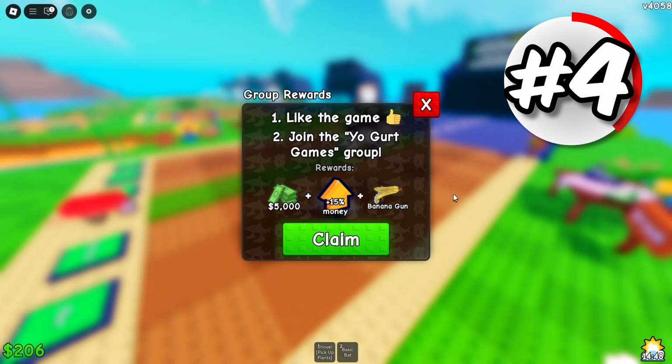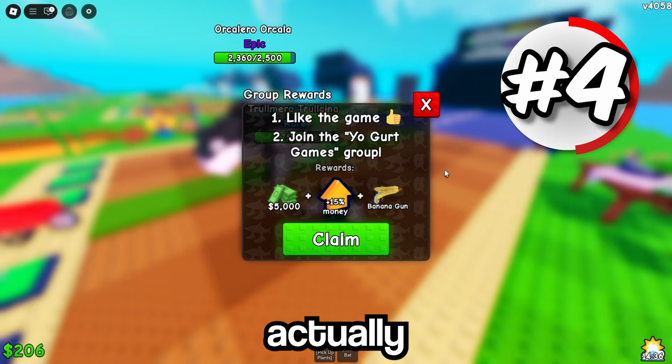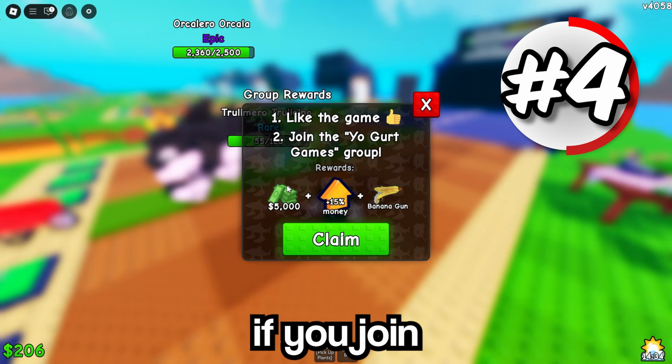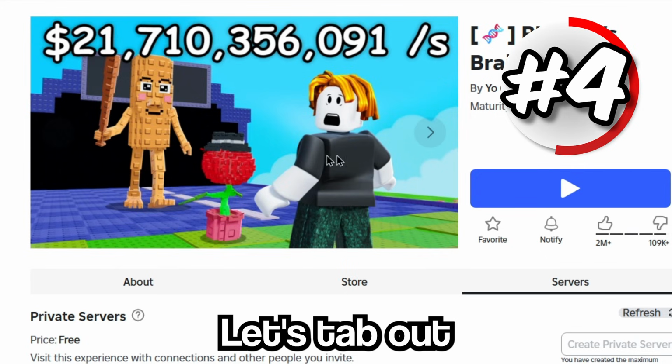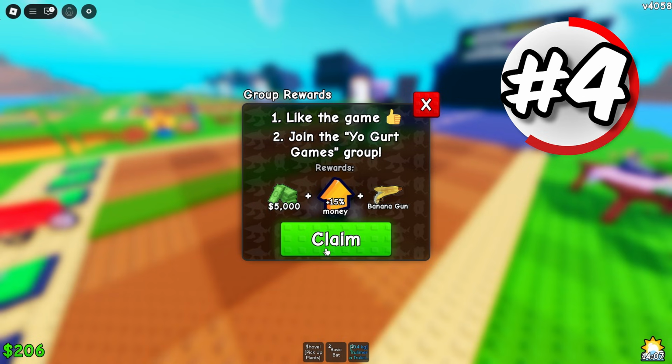So let's wait a few seconds to trick the game into thinking that we like the game and join the group, because there's actually no way of telling if you did or did not. I think, at least. Because apparently there's actually no way of the game being able to tell if you join the group or not. Let's tab out over here to the website so it thinks that we're not in the game right now. Maybe we can trick it like that, but let's head back to the Roblox here,